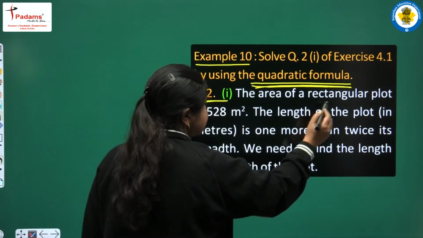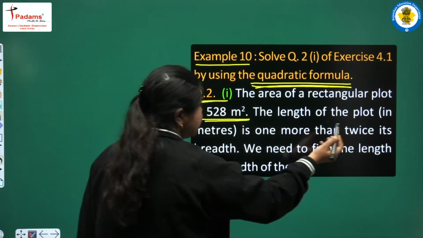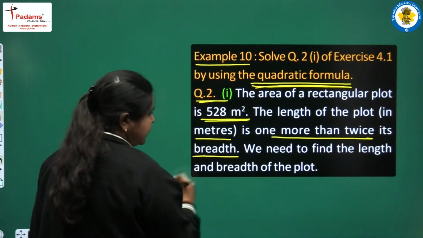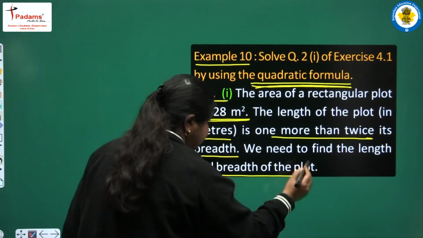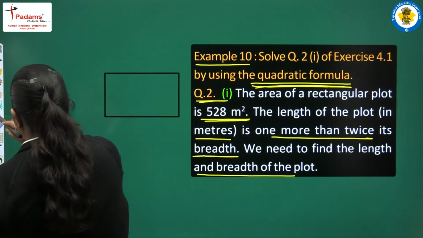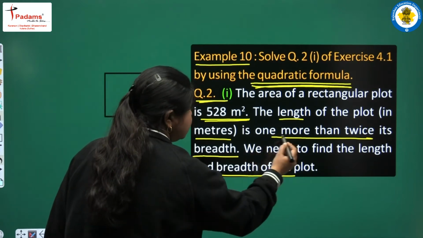The area of a rectangular plot is 528 meters square. The length of the plot in meters is 1 more than twice its breadth. We need to find the length and breadth of the plot. So here we have a rectangular plot and it has been given that the length is 1 more than twice